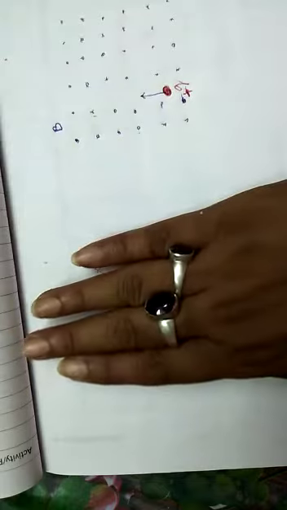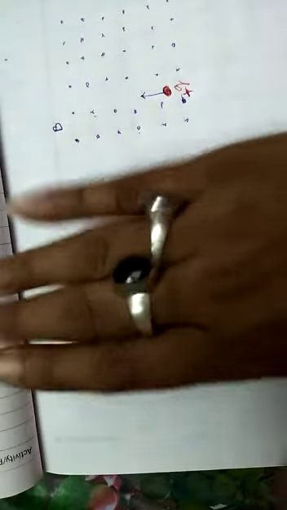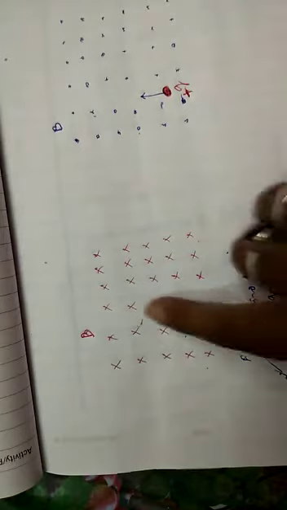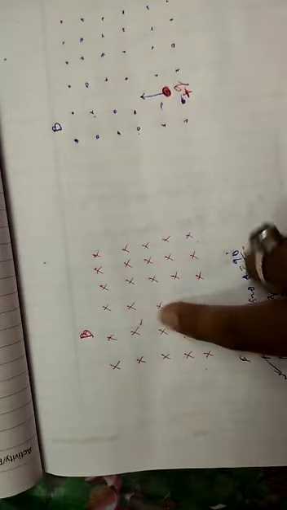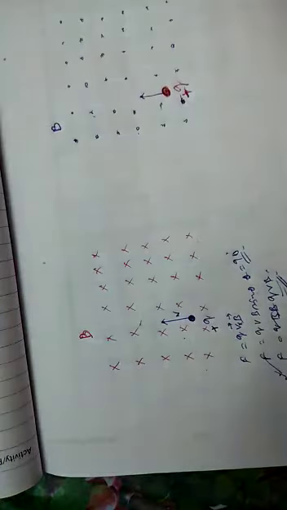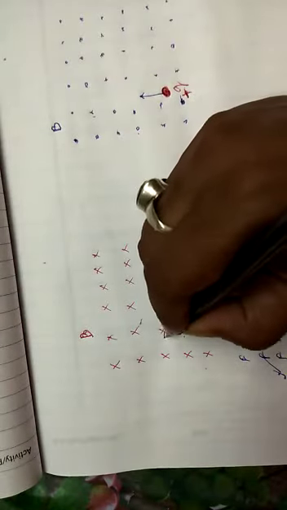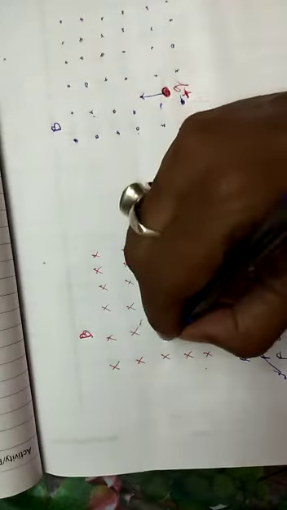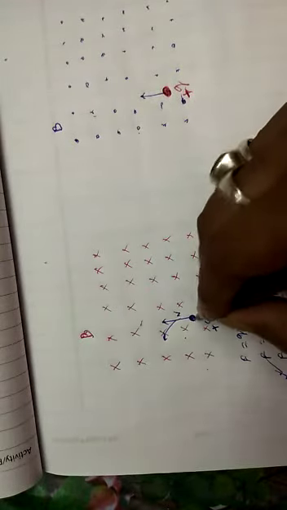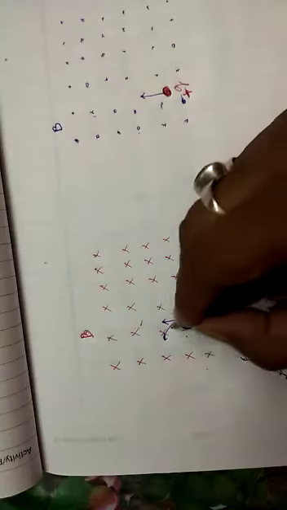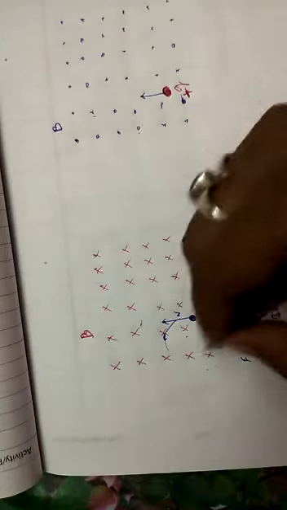So when you put your palm in this way, and if this is the direction of the positive charge or the direction of the current, the force will act along the thumb. So your thumb is directed in this direction, and your force will act in this direction, perpendicular. So this perpendicular force will not allow this charge to move in a straight line, and it will move in a circular path.